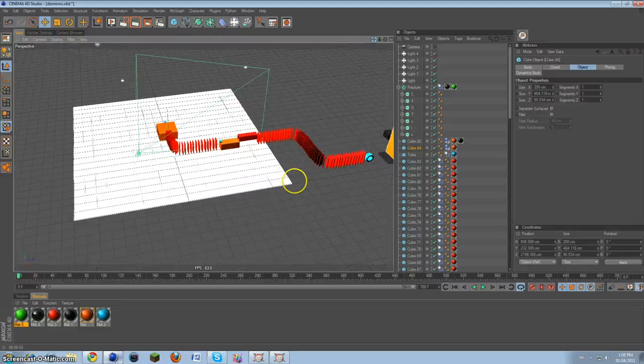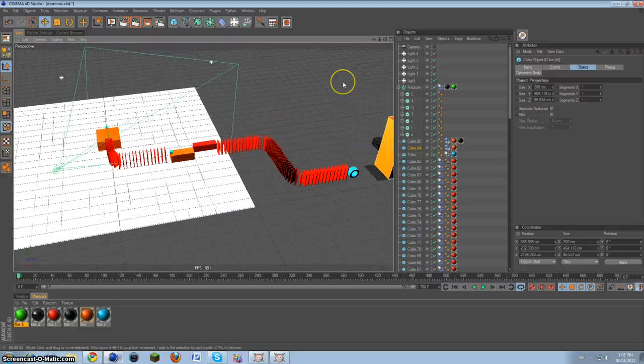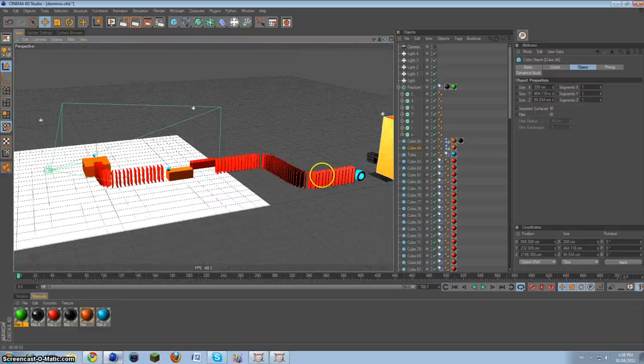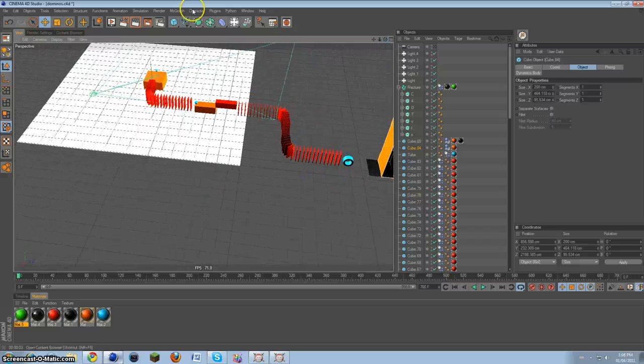And yeah, this is just a little thing that shows you how rigid bodies can work. Also,